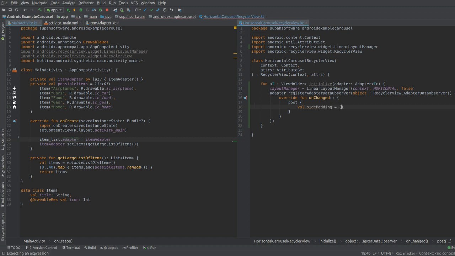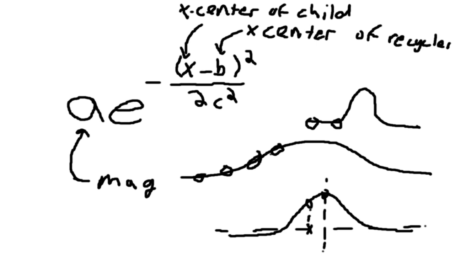So the side padding, if we want to center this view in the screen, let's come over to GIMP real quick. So if we wanted this view to be in the center of the screen, so if we had a screen like this, and we had a view in the center, I'm just going to draw the view bounds, but it has a view bound basically. So this is the view in the center of the screen. Now, we want the center of the screen. So what we can do is we want